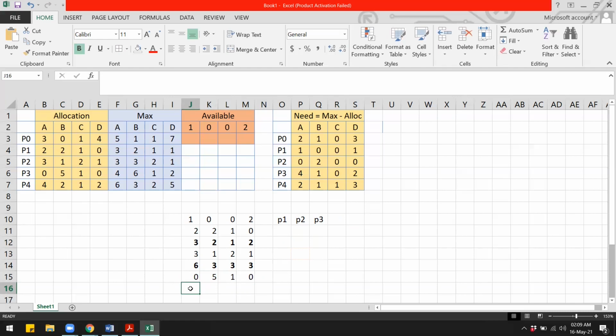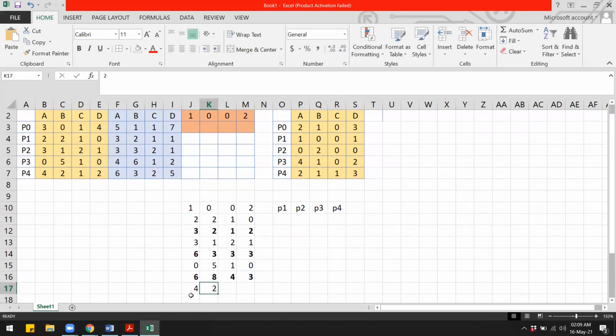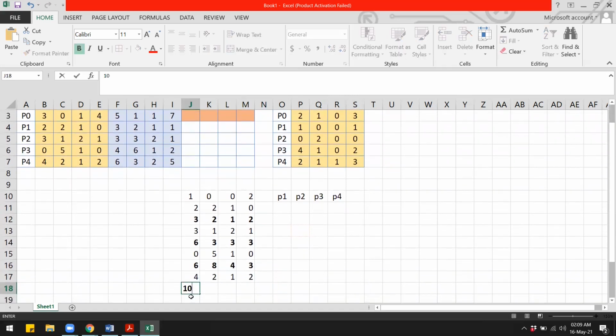The size of available becomes 6, 8, 4, and 3. Can we run P4? Yes, we can run P4. Once P4 completes, it is going to return 4212. Size of available becomes 10, 10, 5, and 5.